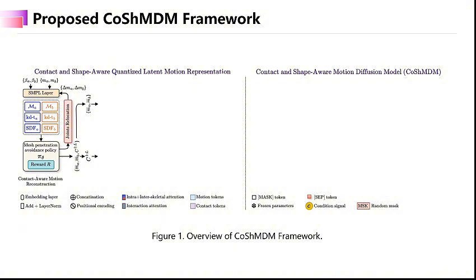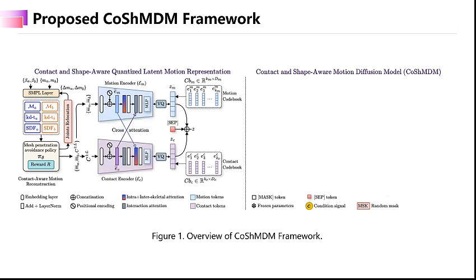First, we retarget the InterHuman and InterX dataset interaction sequences to diverse body shapes by converting the motion to SMPL meshes and computing the signed distance field for contact modeling. We then train a policy network to correct intermesh penetrations and generate retargeted motions with contact details. The retargeted motion and contacts are then encoded by separate encoders into quantized tokens. These tokens are then concatenated with a separator token and used to train a common decoder to reconstruct the